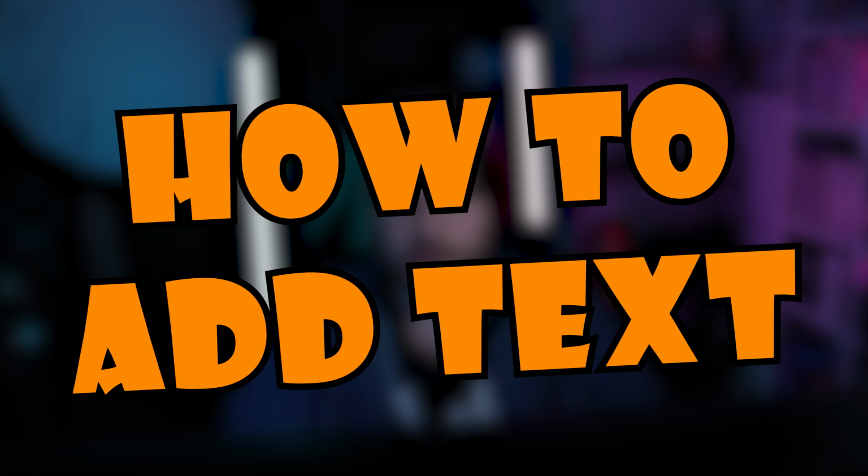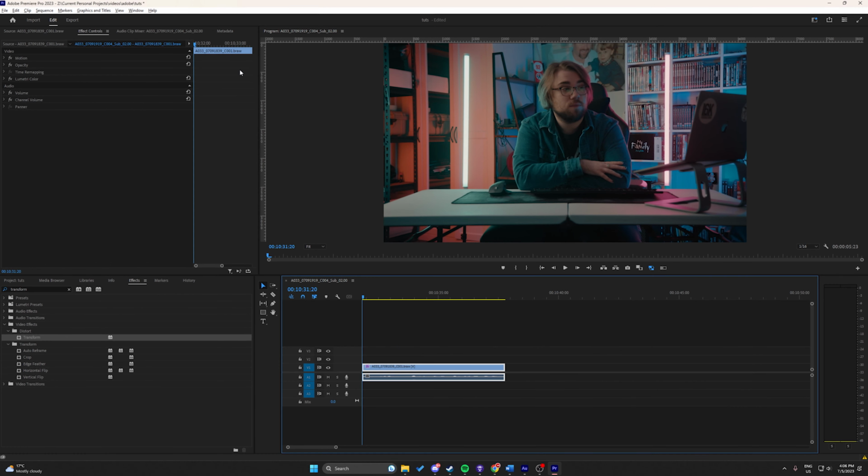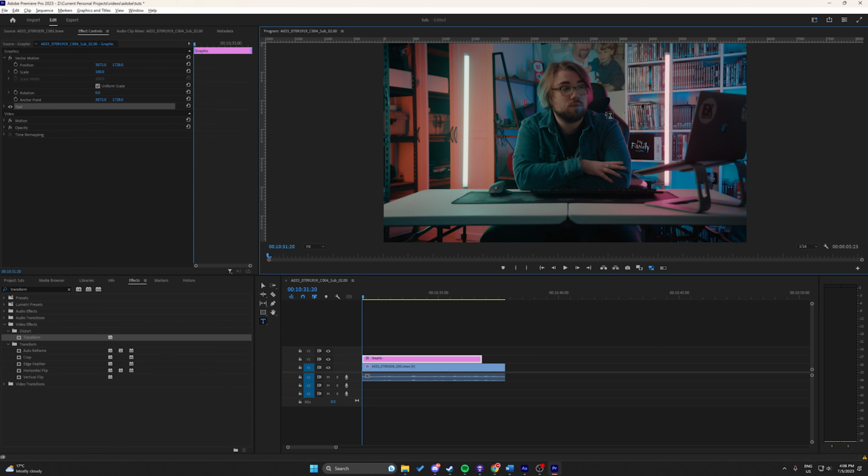Next up, adding text. Adding text in Premiere Pro is easy. First, you're going to go down to the little sidebar here and hit the typing tool, or T will do just fine. Click wherever you want in the frame and just type away. So this is text. Now, it obviously won't be the font, the color, anything that you want. You'll go back to the selection tool, or V on your keyboard, and now you have access to moving the